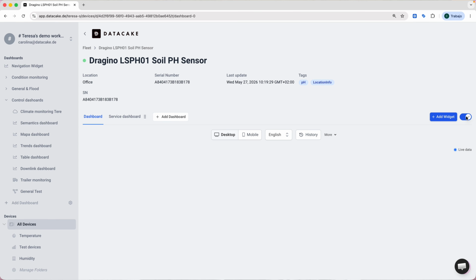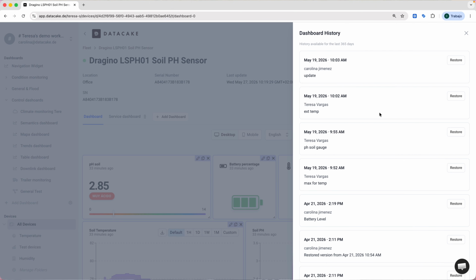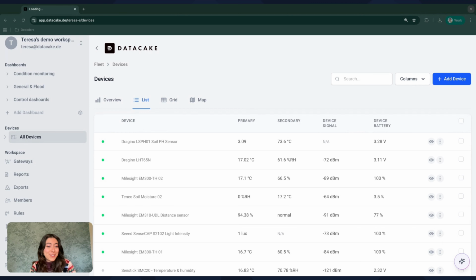And today we are going to talk about a new, very useful feature called Dashboards History. It will help you track the changes in your dashboards and recover older versions of it. So let's go. The new feature Dashboard History is going to be available for both global dashboards and device